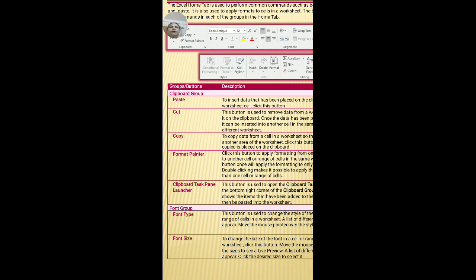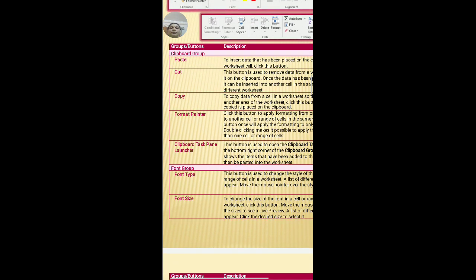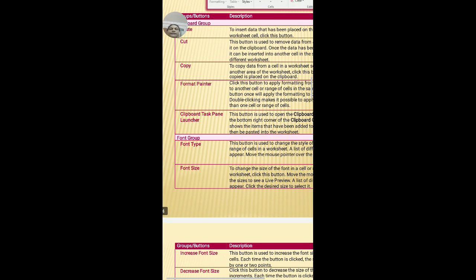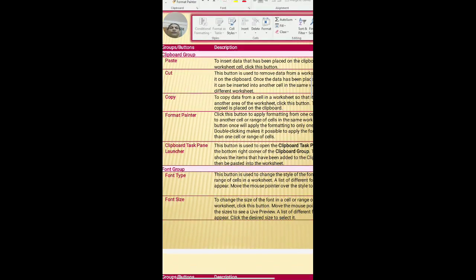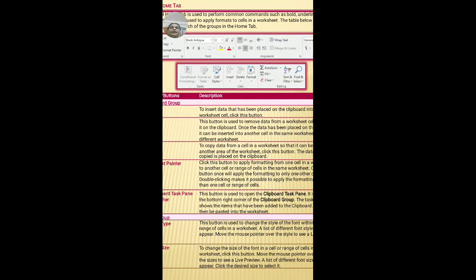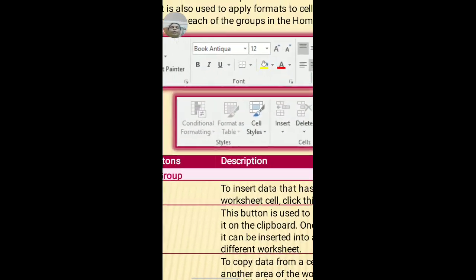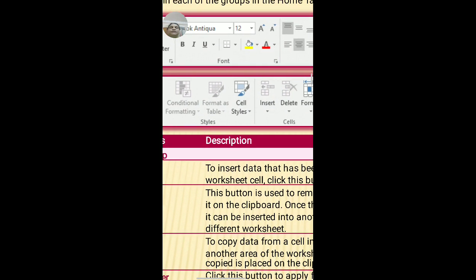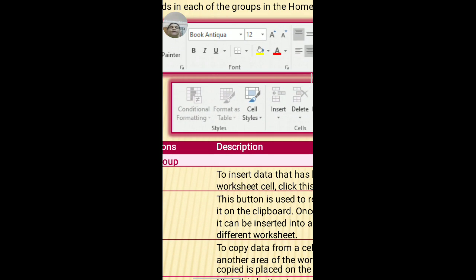Now let us come to the next group, the font group of the Home tab. The font group contains commands like font type, size, increasing and decreasing the size of the font, then bold, italic, underline, borders, and fill color, that is nothing but filling the color.